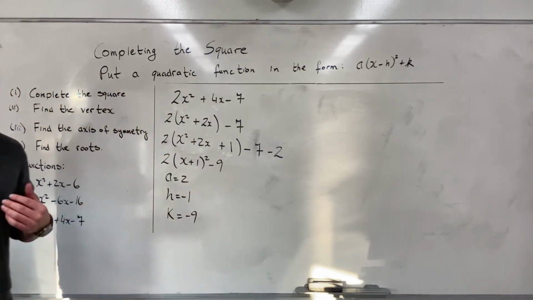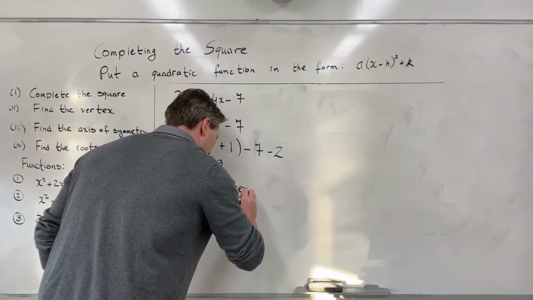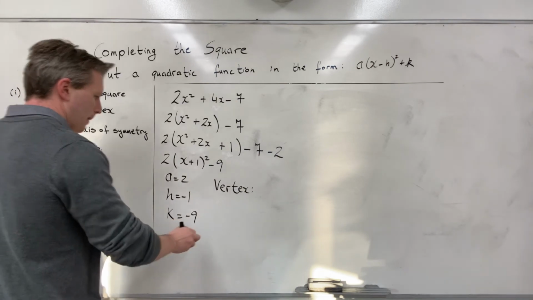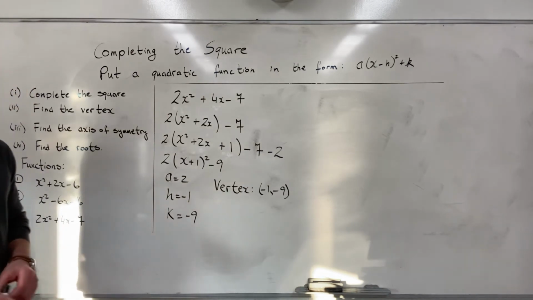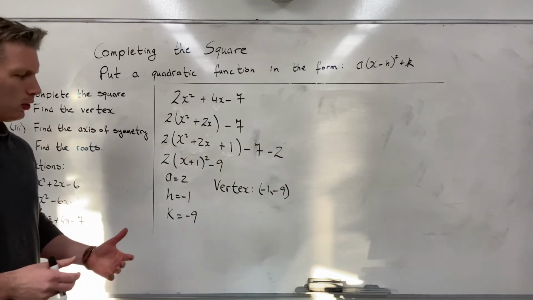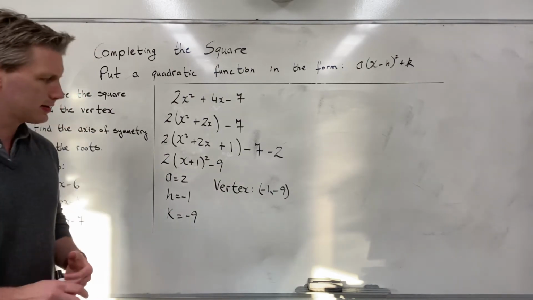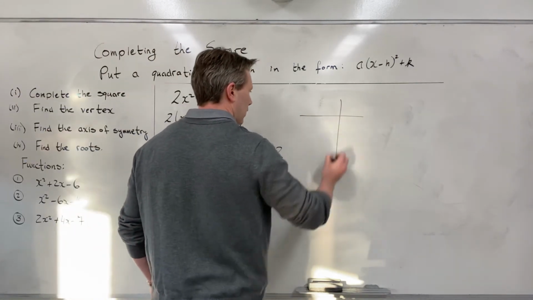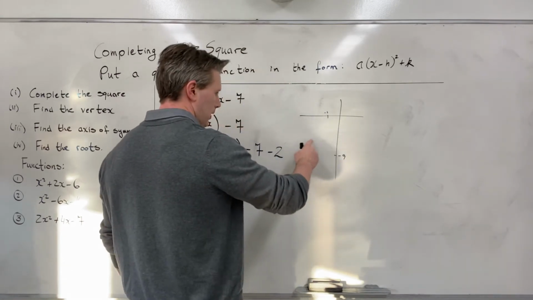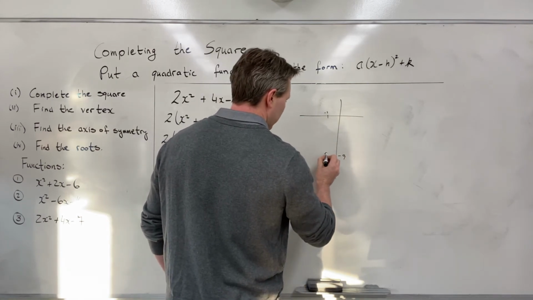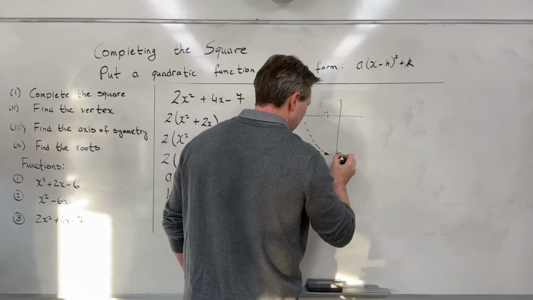The hk, that's my vertex. My vertex is minus 1, minus 9. Minus 1, comma, minus 9. That's my vertex. And as before, the axis of symmetry will go through this point, through the vertex. This here is minus 1, this here is minus 9. So minus 1, minus 9 will be here, for example. And my parabola will come down, whatever it looks like, go through that as its middle value, and then it